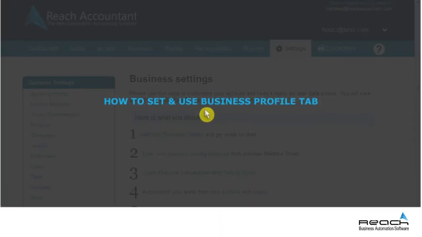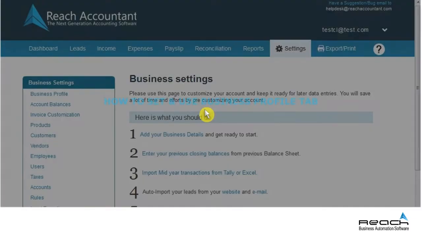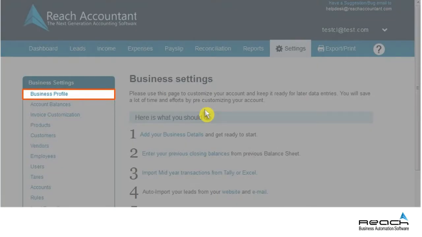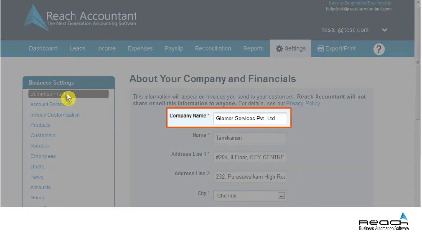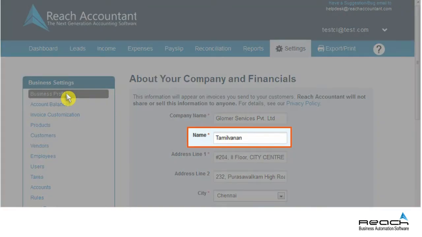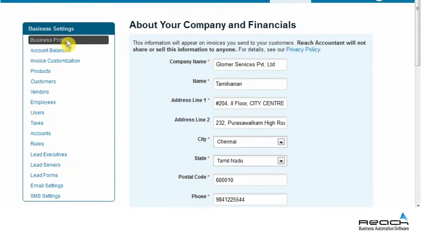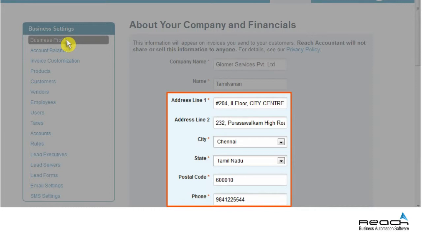Now, let us see how to set and use Business Profile tab. The Business Profile tab contains details about business entity for which book of accounts is to be maintained. Details that are necessary such as name of entity, name of contact person, address, city, state, postal code, phone,